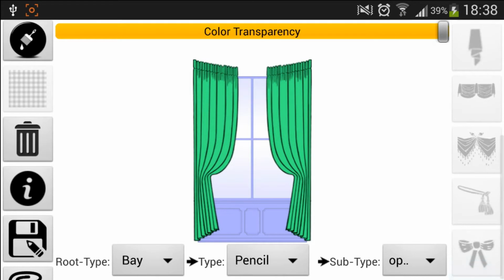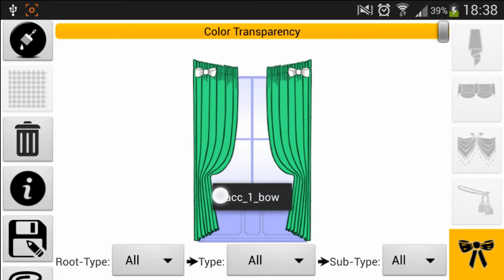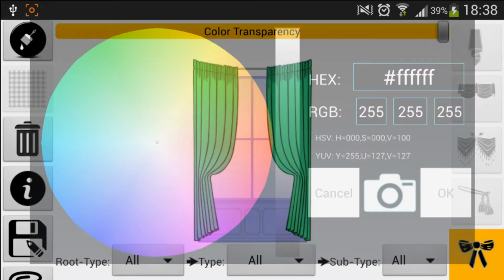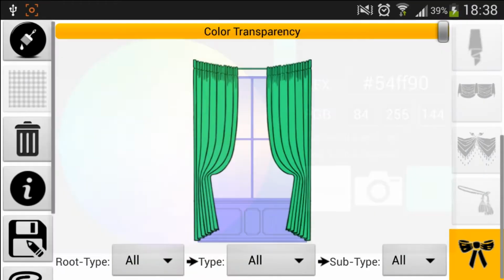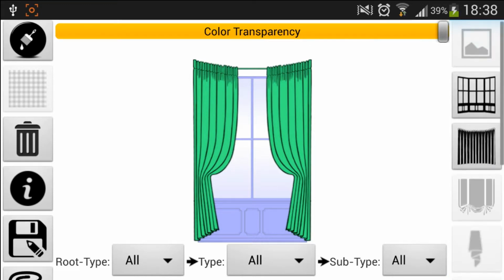Okay, now we can apply accessories as well. Let's see. We select accessory and we swipe. We can apply color again if we would like to. And now the pole on the top is green.